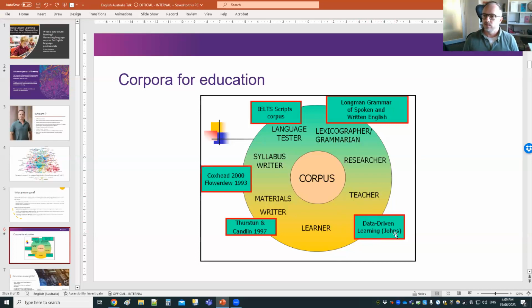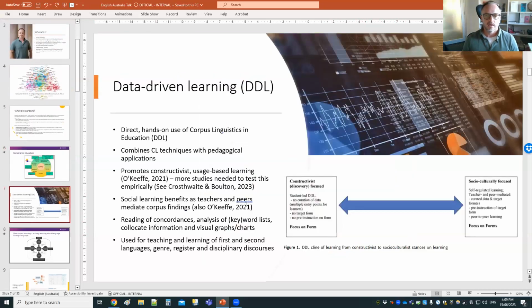And this kind of direct use of language corpora is termed data-driven learning. How does it work? It's essentially the hands-on direct use of corpus linguistics in education, and I'll explain what those two terms mean in a moment, but it's essentially about combining corpora, corpus linguistic tools, and corpus linguistic search techniques